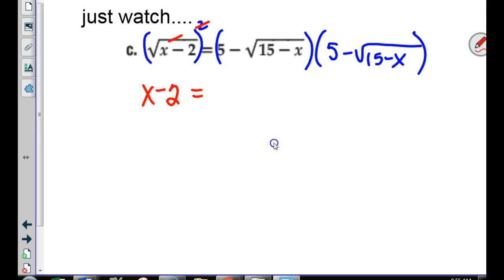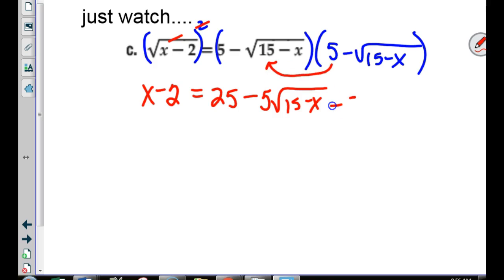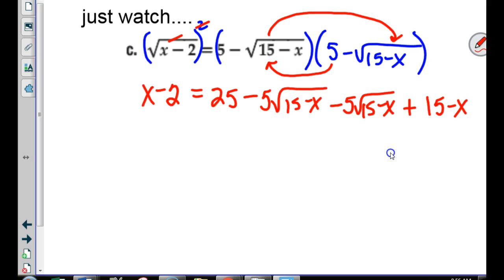Help me FOIL this disaster. 5 times 5, okay? Then 5 times this mess would be negative 5 square roots of mess. Inside here, I'd have what? Another negative 5 square roots of mess. And when I do negative square root of this times negative square root of that, I get a positive 15 minus x. All right. Now,